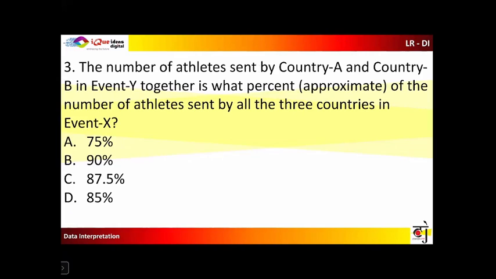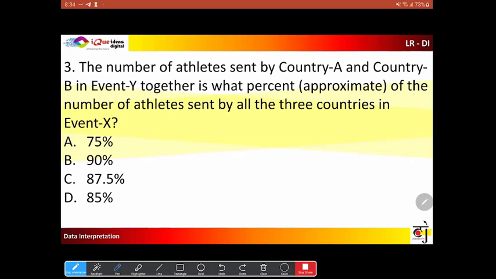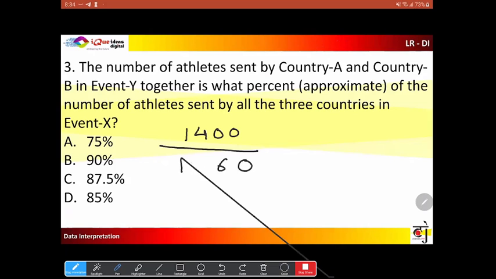The number of athletes sent by country A and B in event Y together is what percentage approximately of the number of athletes sent by all the 3 countries in event X? So first of all, what is the number of athletes sent by A and B in Y together? 1400. So 1400 is what percentage of the number of athletes sent by all the 3 countries in event X? So event X together how many? 1560, right? So now I need to find out 1400 is what percentage of